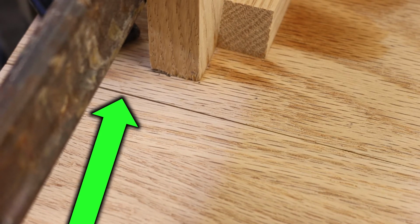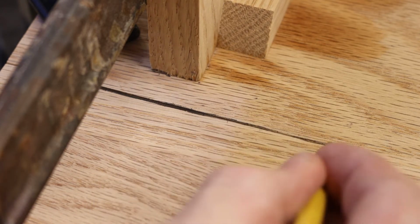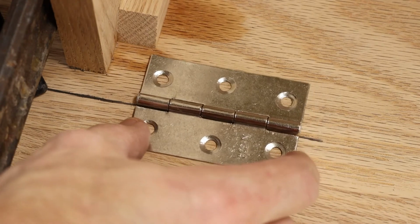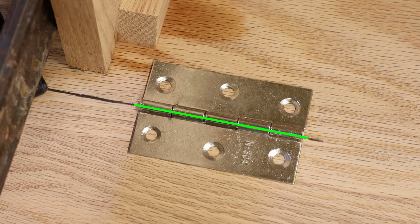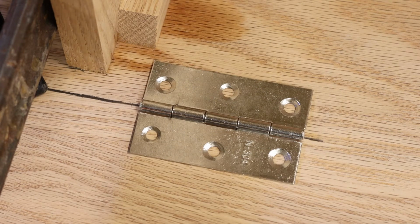starting to appear. To help me line everything up, I'm going to draw a pencil line right down that seam and then tighten up my clamps. Now when I go to lay out my hinge, it is very easy to line up that center pin with my seam. It is vital that the hinge pin be lined up with the seam. I'm also going to space this out 3/4 of an inch so that it is in line with the edge